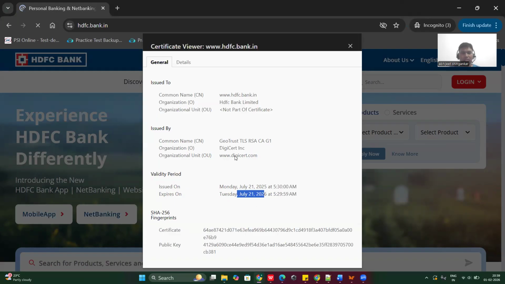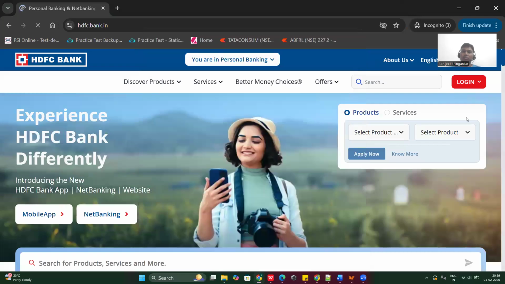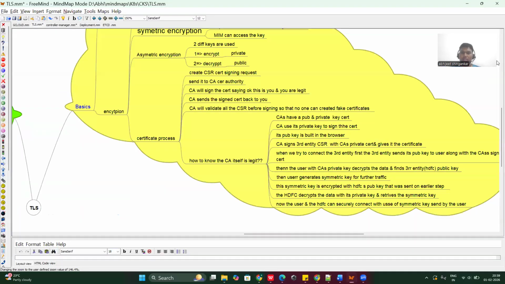So when you see DigiCert has issued the certificate, it means DigiCert is the CA for this one. And when I try to log in to HDFC Bank's portal, at that time, when I try to connect to the entity, first the third entity, HDFC Bank, sends its public key along with that certificate, and then the user with the CA's public key